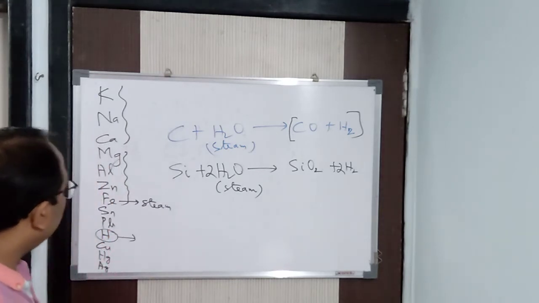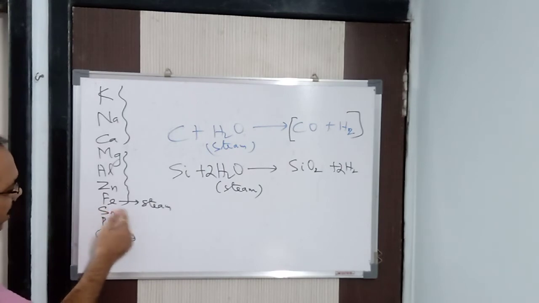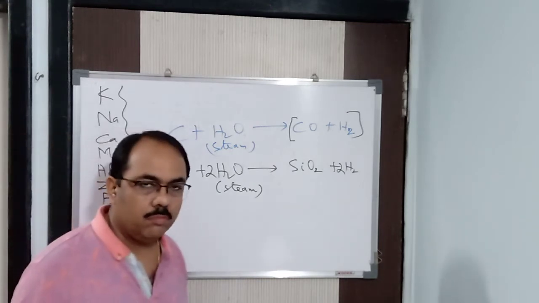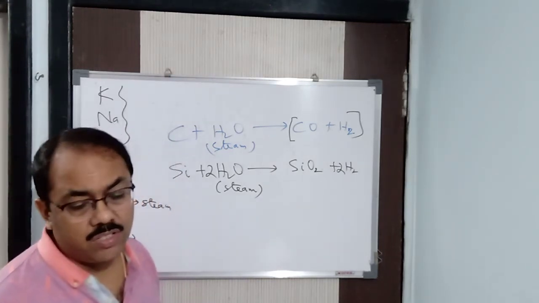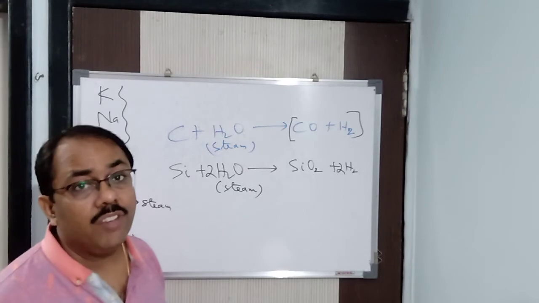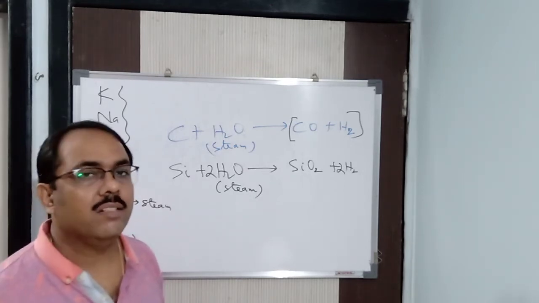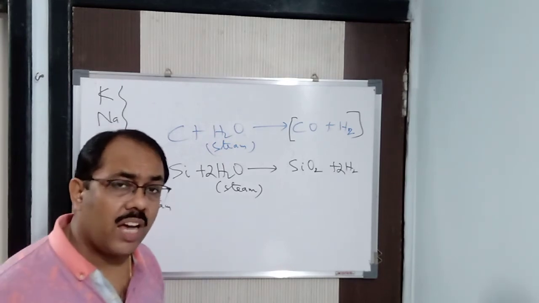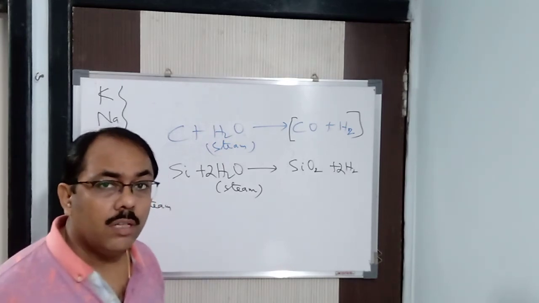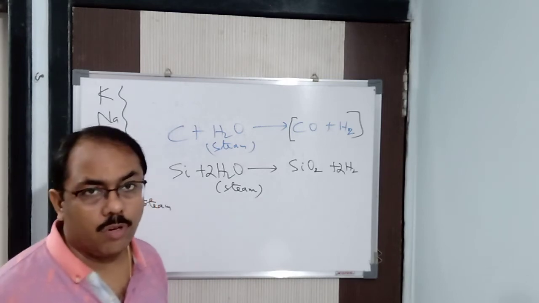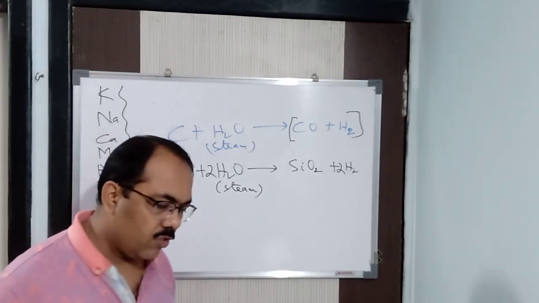Now, next, up to iron we have come. Now, tin and lead, when they react with steam or hot water or cold water, we don't get any hydrogen gas because they are quite less active in nature. So there we have to use acids. Remember it, we have to use acids to prepare the hydrogen gas. Because you know, when metals react with acids, it gives salt plus hydrogen gas is evolved. I'm going to write the reaction, don't worry. I'm going to write it down.